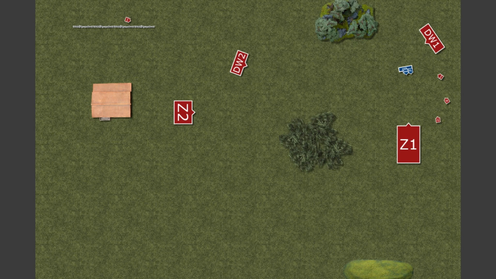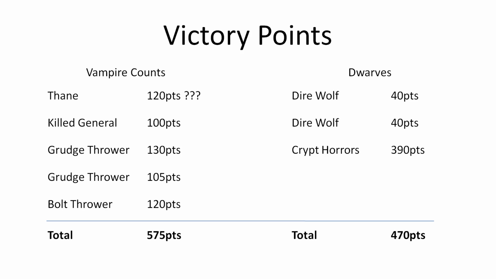So here's the map. As you can see, the board's pretty much wiped of dwarves except for that last remaining unit. Unfortunately, I wasn't able to claim the points for that, and this is how the victory points broke down in the end. I believe I scored about 570 points, because I'm not 100% sure on how much that thing cost, the general, and he scored definitely 470 points off me,